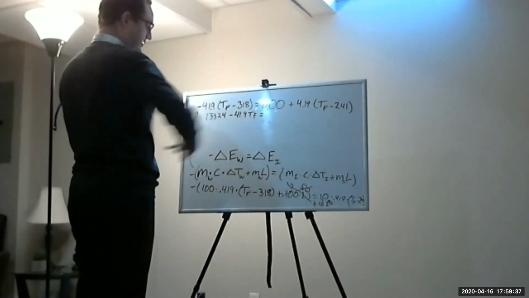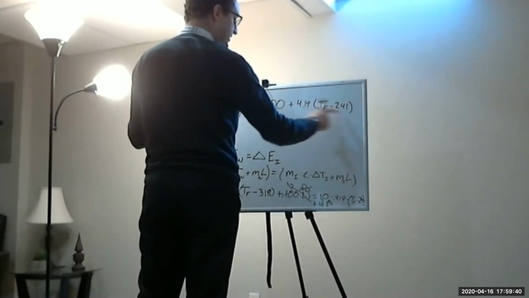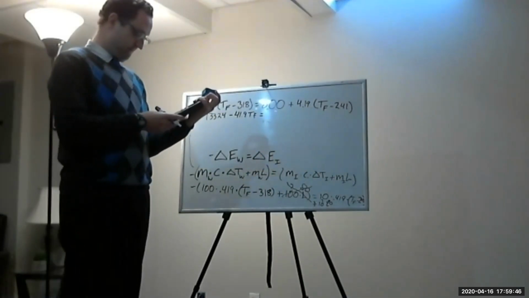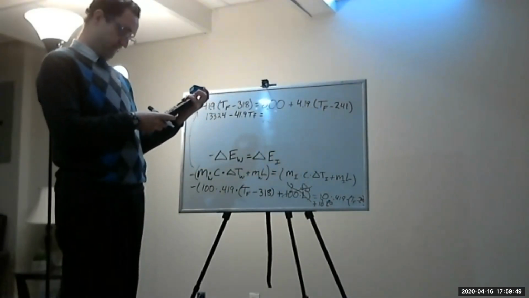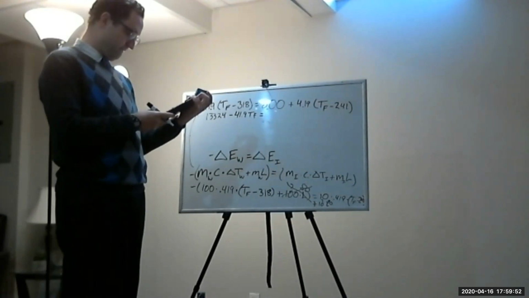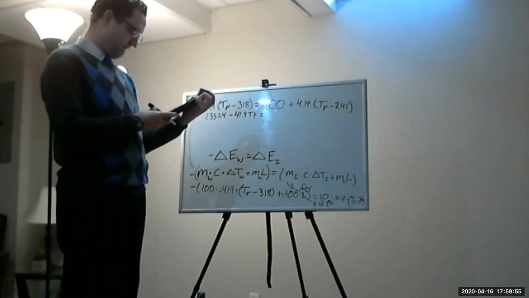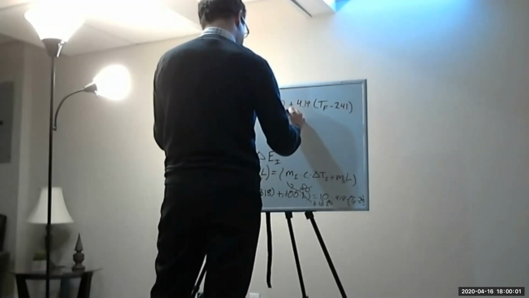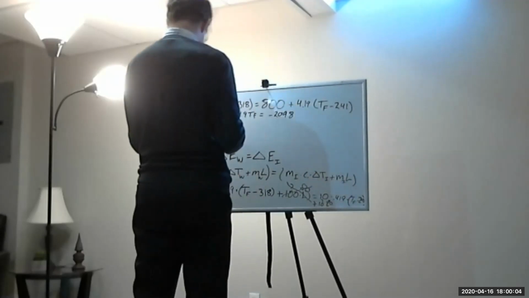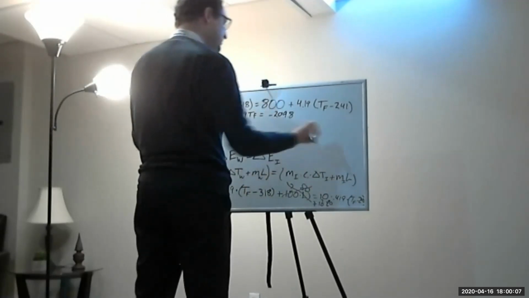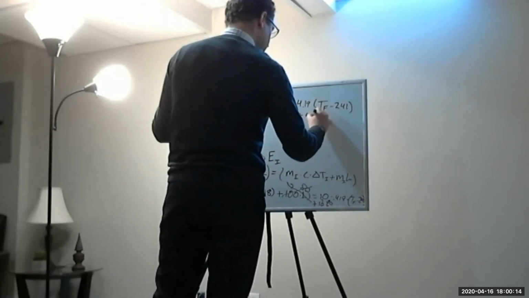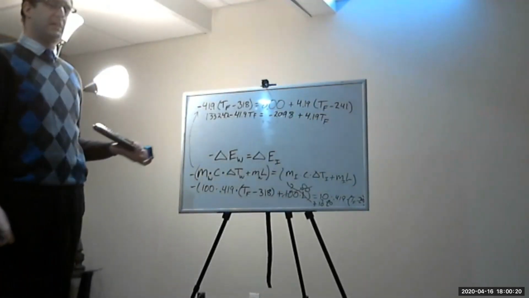Then multiply these two together, and then add 800, and I get negative 209.8, plus